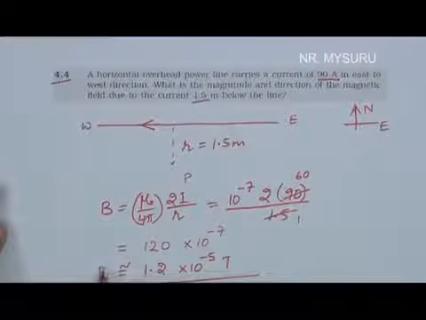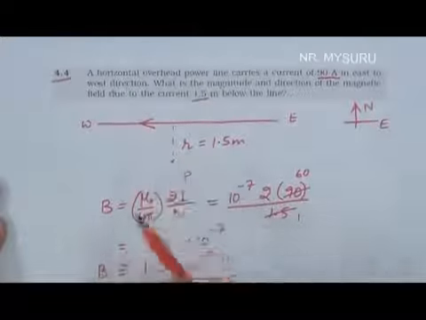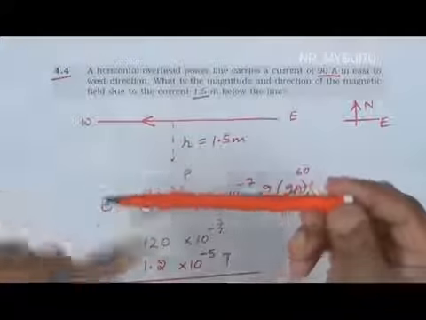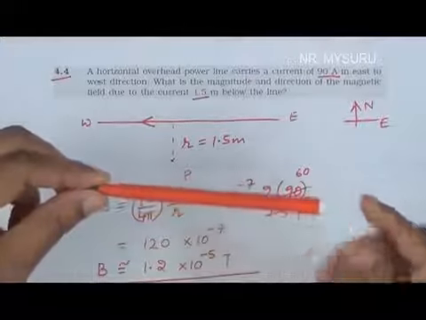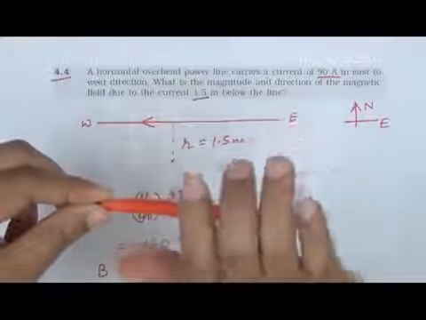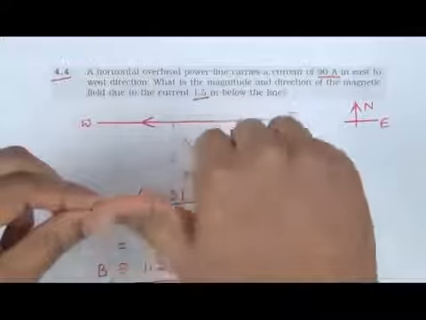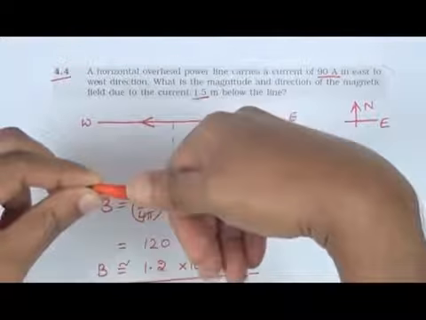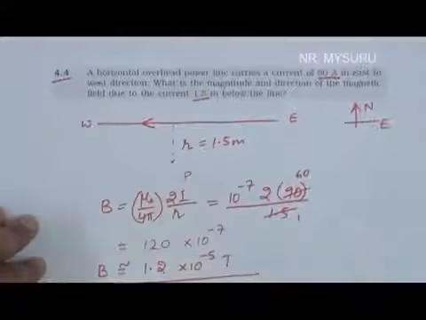Now, what's the direction of this magnetic field? Let this be a conductor, direction of current be from east to west. To find the direction of magnetic field, thumb should be in the direction of current, then curvature of fingers gives the direction of magnetic field. If this is the magnetic field below the conductor, the direction of fingers is towards south. So this is towards south.